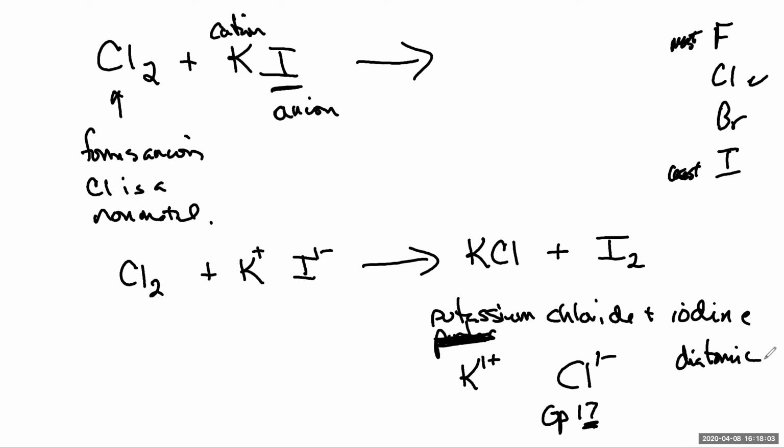Now, what else do I have to do? I have to go back and balance my equation. So my products, I'm going to write them back up on the top, are KCl plus I2. Now, when I go to balance it, on this side, I have 2 chlorines, so I'm going to need 2 KCl's. Now I have 2 potassiums, so I'm going to need 2 KIs. And finally, I have 2 iodines and I have 2 iodines. So nice and neatly, my reaction would be